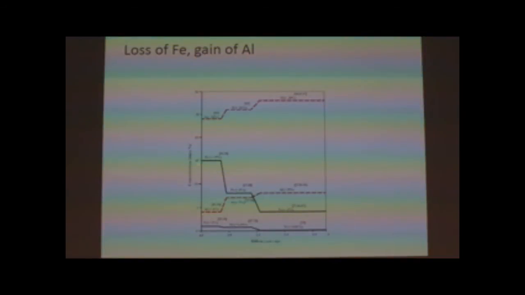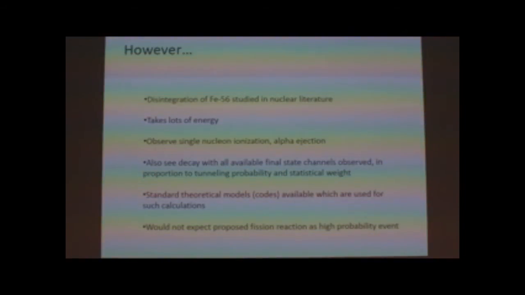So the basic argument, you're losing iron, the aluminum's going up. And in this particular case, it looks like you're losing a lot more iron than you're gaining aluminum. But the argument, once again, is that iron being converted into aluminum is something that he's arguing there might be evidence for in the geological record. However,